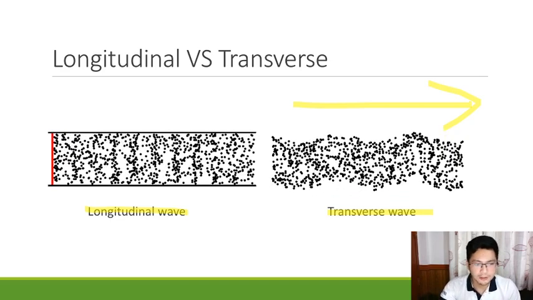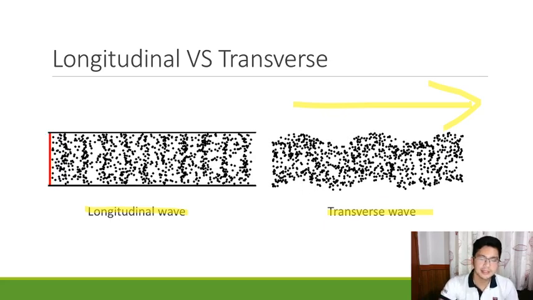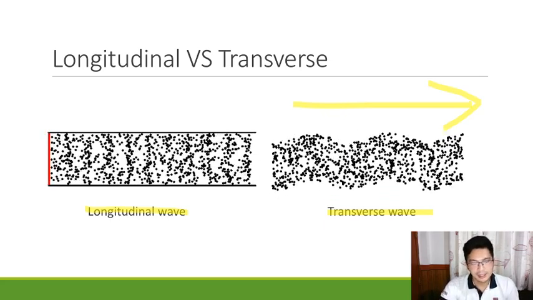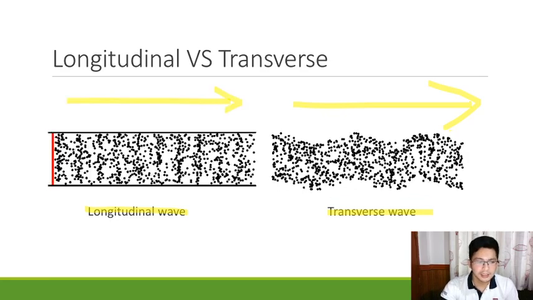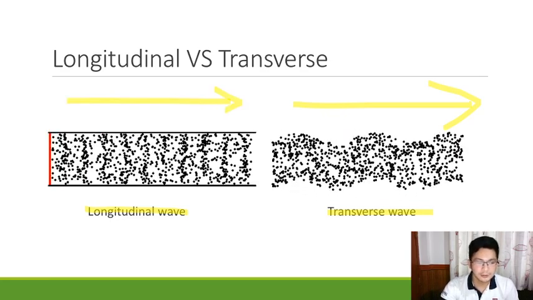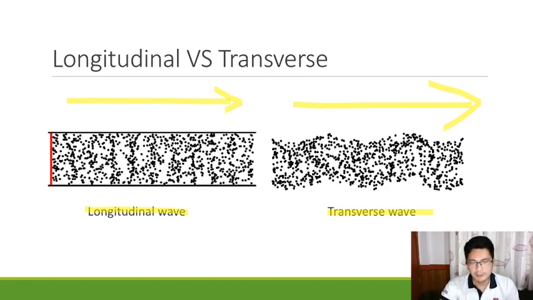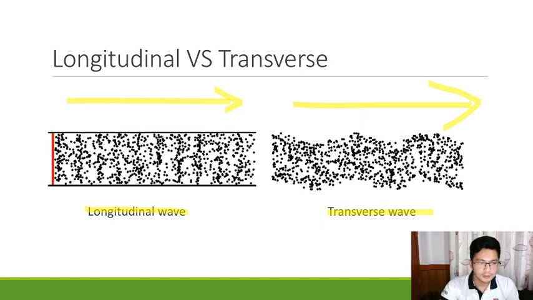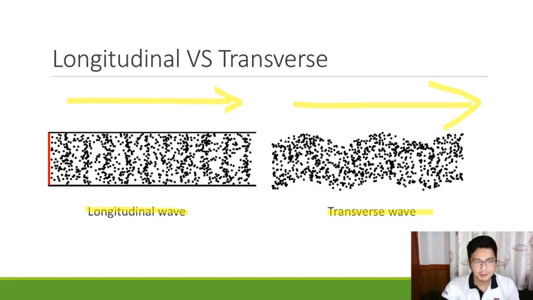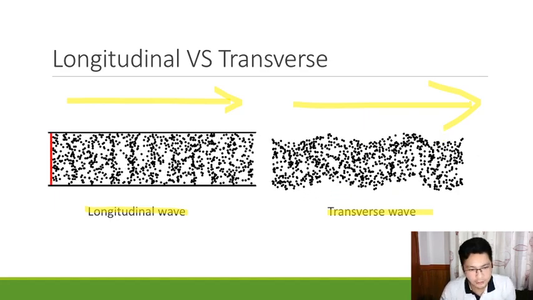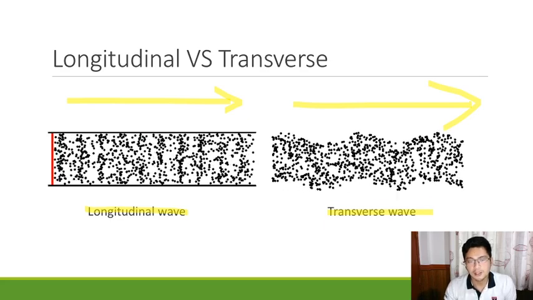So, makikita natin that the movement is perpendicular to the direction. Kapag naman longitudinal wave, the displacement or the movement of our particles is in parallel doon sa direction ng wave natin. So, if this is the direction of the wave, makikita natin dito that the molecules also move back and forth. So, ganun yung movement natin. However, huwag kayong malito by the optical illusion. Kasi kung titingnan natin siya at first glance sa longitudinal wave, akala natin yung molecule nagta-travel from one point to another.